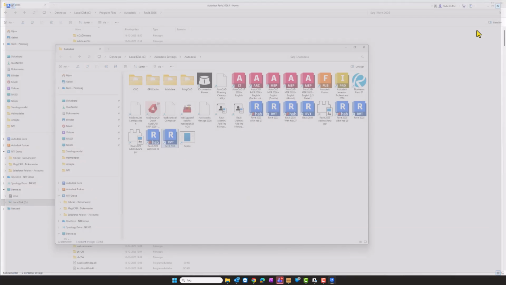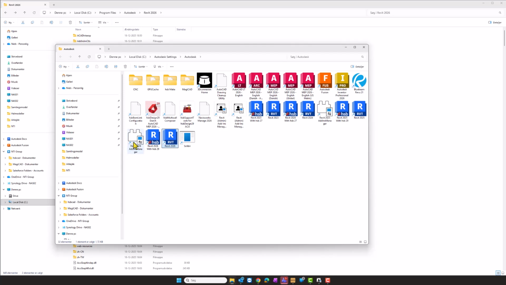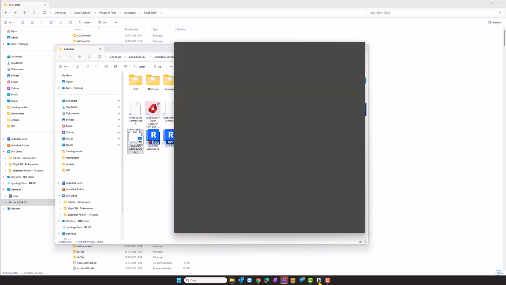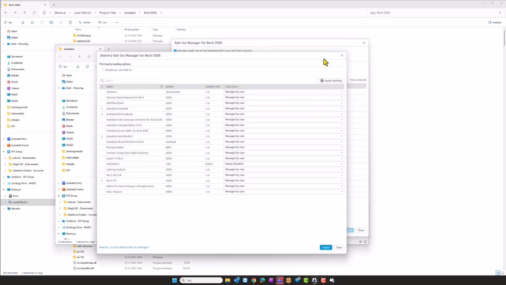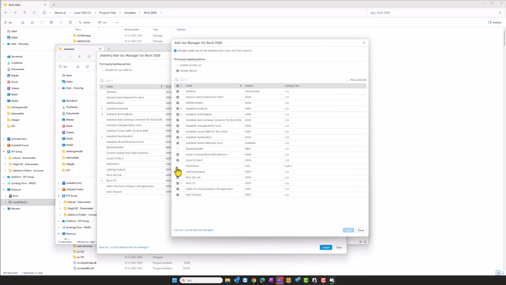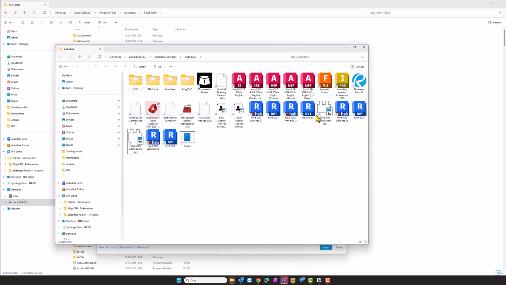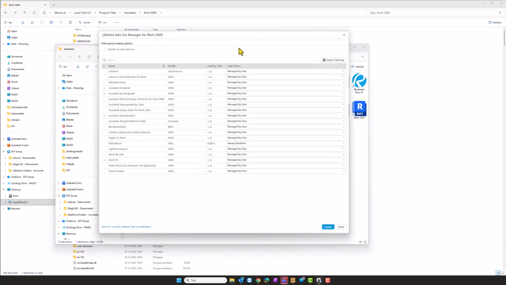But again, I'll just close the program, and if I want to enable it again, I start this add-in manager up. Oh, not this one, this one. And I add this tick mark back and click apply, and if I start Revit now, HSBCAD will be on Revit. If I start the other one here, the admin, what I can do with that one is, as you can see here,